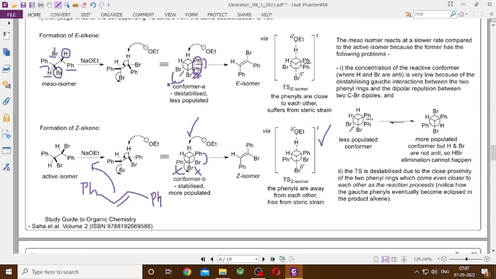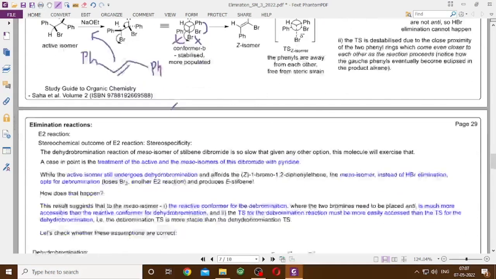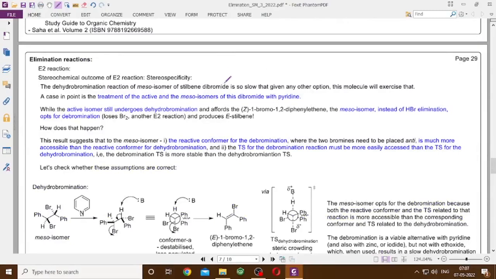but we know that the reactive conformation's concentration is low and the activation energy is very high, because the transition state is suffering from destabilizing interactions. Given all these things, the meso isomer's dehydrobromination is so bad that, given any other opportunity, it will not undergo dehydrobromination. In fact, if you treat this molecule not with sodium ethoxide but with pyridine or iodide or zinc, it undergoes